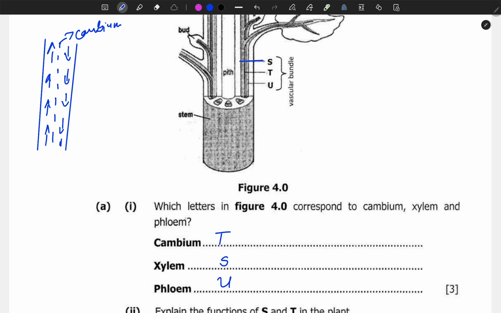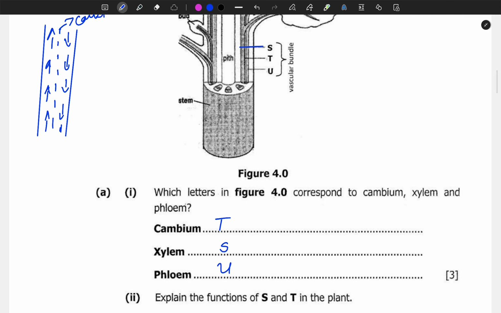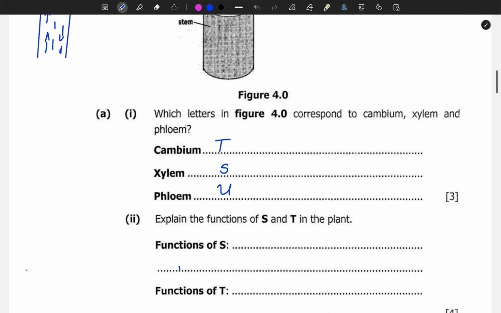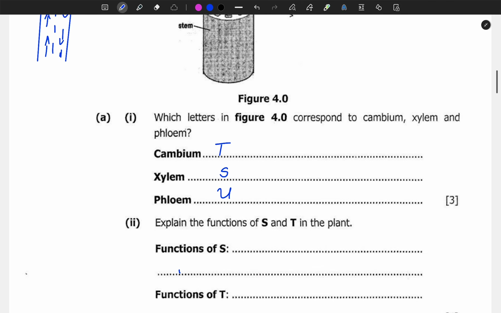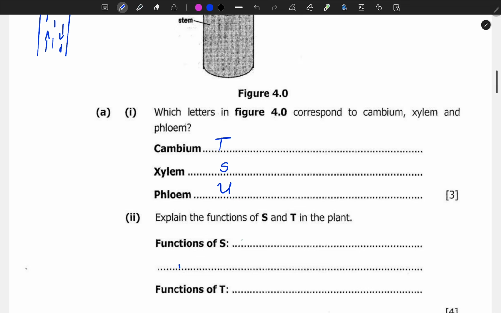So a cambium is a structure in between. The xylem is a vessel transporting water and mineral salts. Then we have the phloem transporting food. Now to separate the two, we have the cambium in between. Explain the functions of S and T in the plant. So function of S, what is S? Xylem. We say to transport